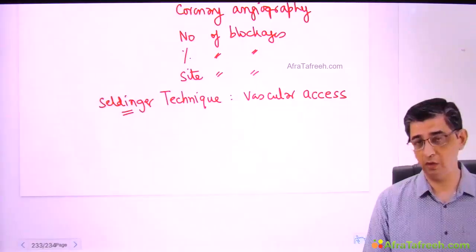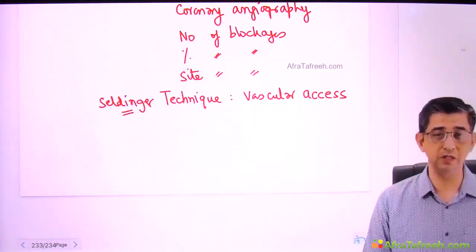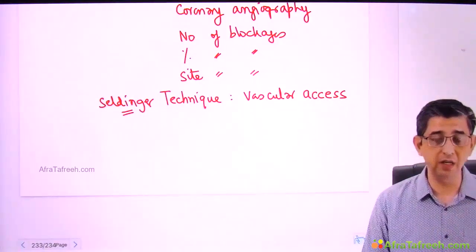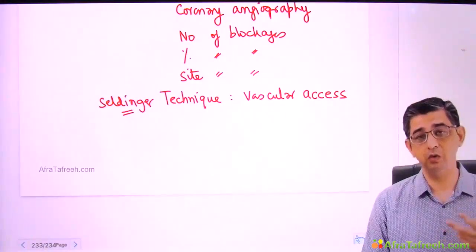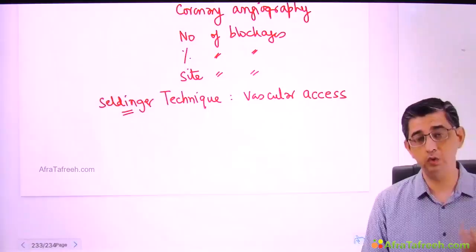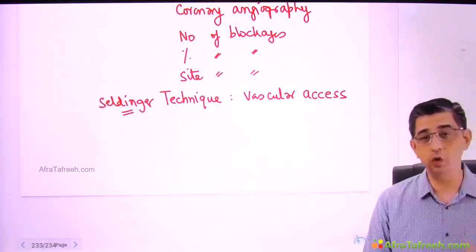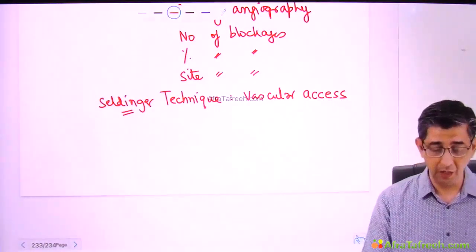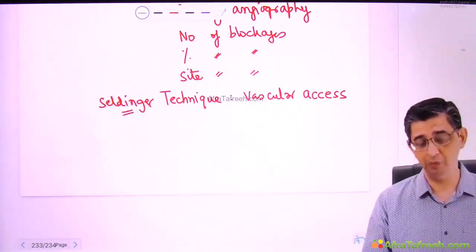Now, how are we going to go towards the coronary arteries? Obviously we are going to send up a guide wire retrogradely that would be sent towards the heart. It will go in the arch of aorta, then will go to the root of the aorta, and root of the aorta is where the coronary arteries are originating from. In fact, I can put up an anatomy question before you here.